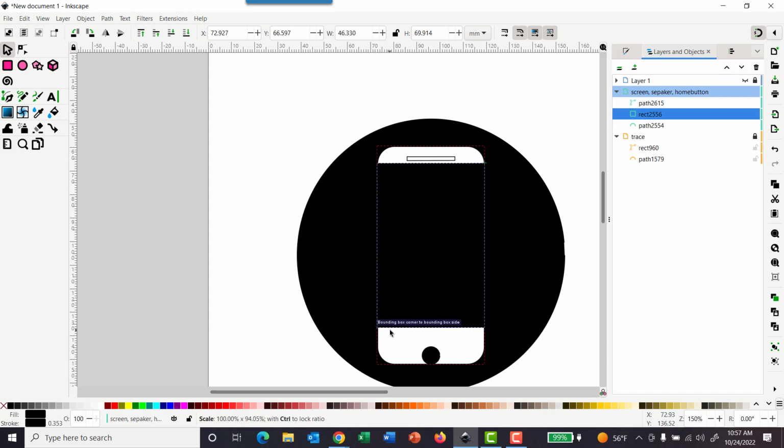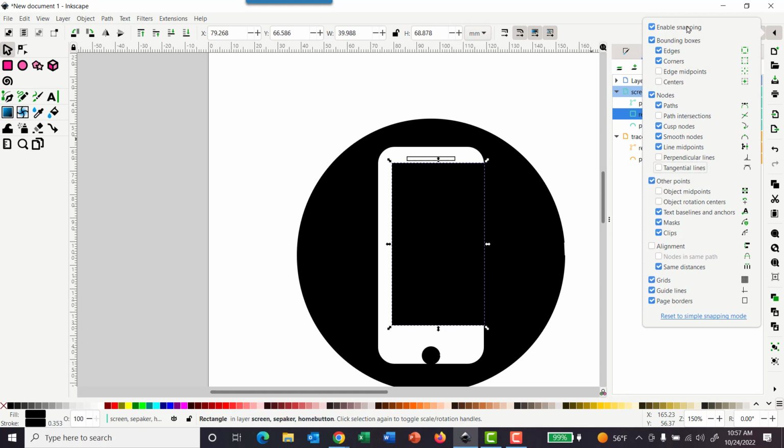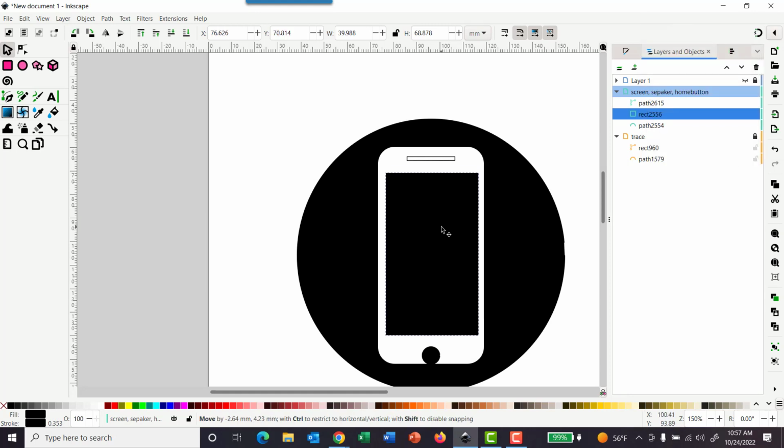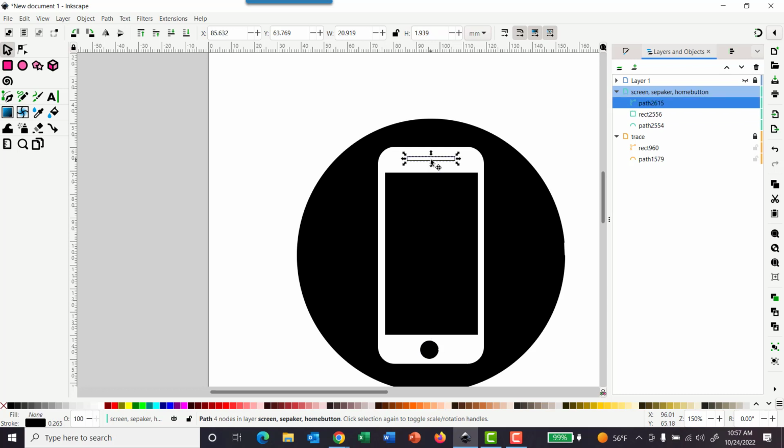Hold on. Oh, the snap is on. Come over here to turn it off. Enable snapping. We just turn that off. Save us some headache. All right, button up here. And I like this. I like this color. I like this with just a stroke. All right, so